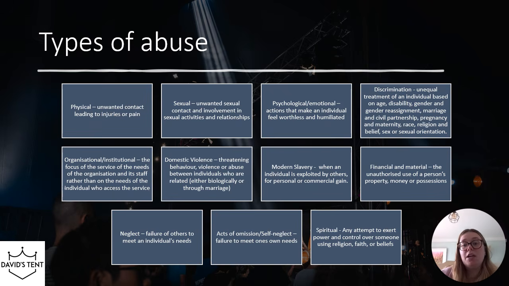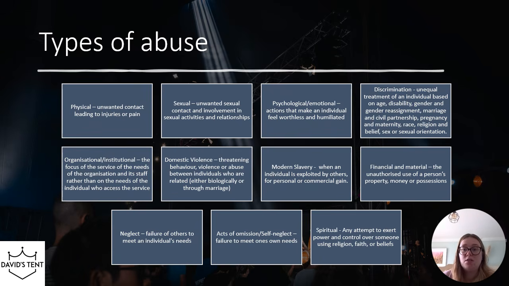There's also psychological or emotional abuse, which are any actions that make an individual feel worthless or humiliated. With children, this can be belittling them, or bullying actually comes under this category as well, which impacts on their self-worth and their self-concept. With adults as well, it's going to be impacting their emotional well-being, and may link as well to those feelings of worthlessness or humiliation, and can also go into fear if it's within specific settings, that can then increase mental health difficulties.